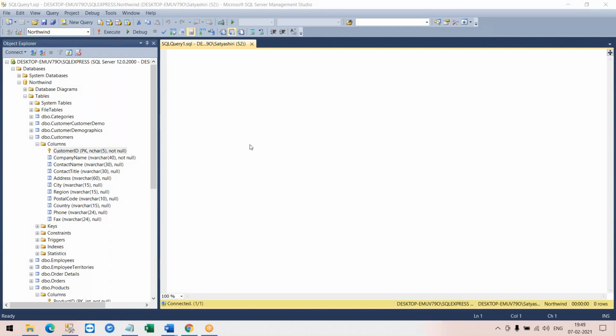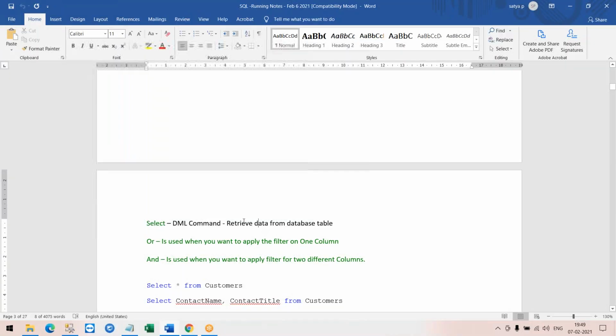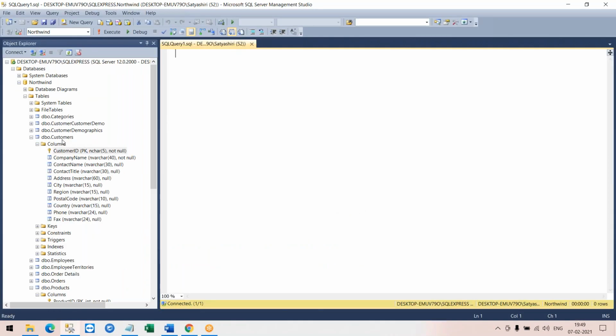Now we'll talk about our first command, which is the select command. Select command, what does it do? It allows me to retrieve the data. Okay, I would like to see what are the customers' information. What will I do? The syntax is select star from customers. As you can see, as I'm typing in, you see a small help coming up.